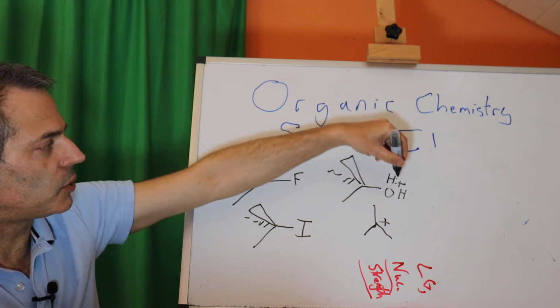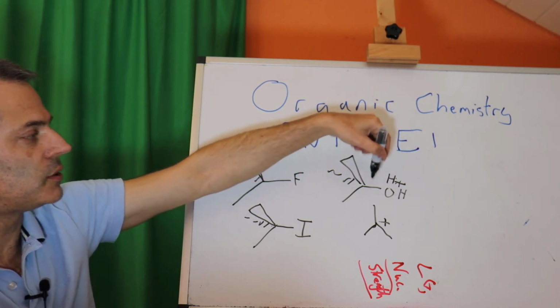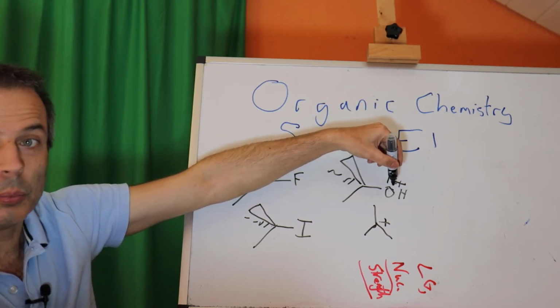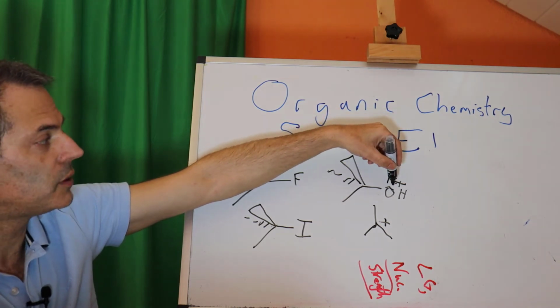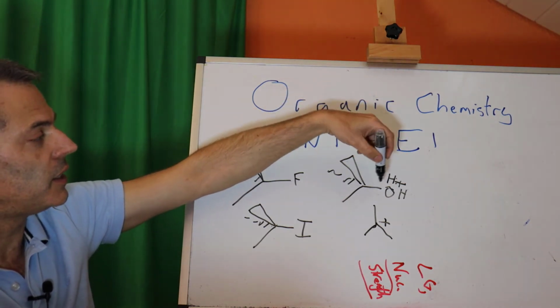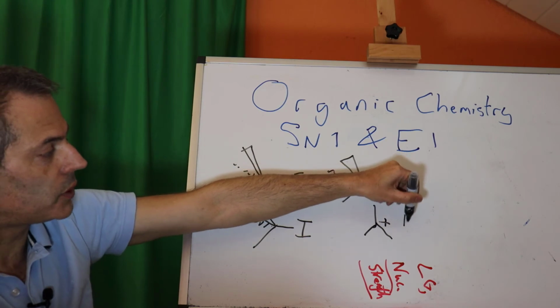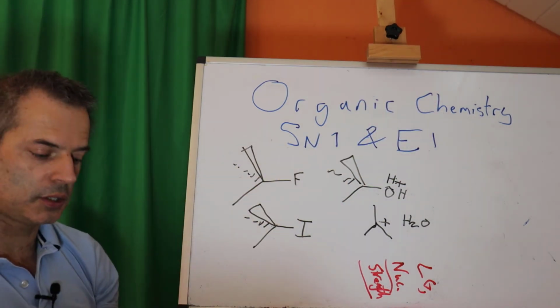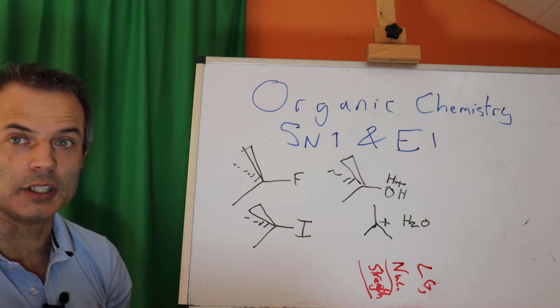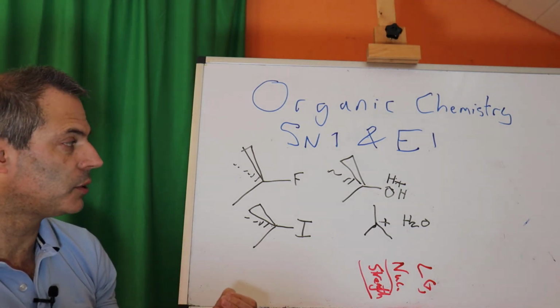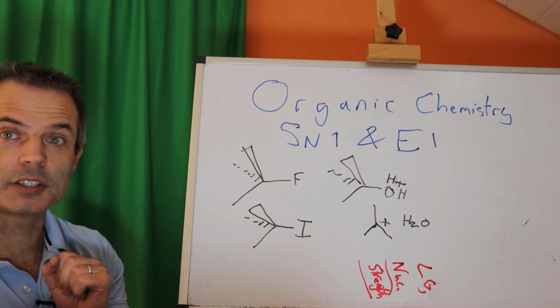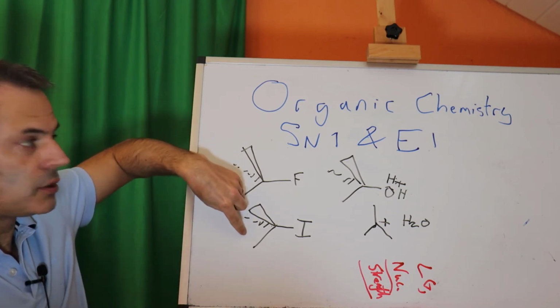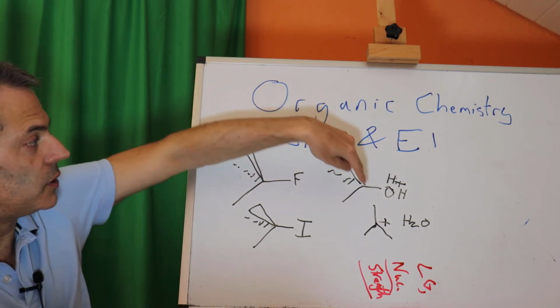So if we had a strong acid, we can protonate this oxygen on one of the lone pairs that sits over here, and then we can lose water, and water is an excellent leaving group. So we can turn a not very good leaving group into an excellent leaving group. So if we take that reaction that we had at the beginning, this molecule here going to this molecule here,